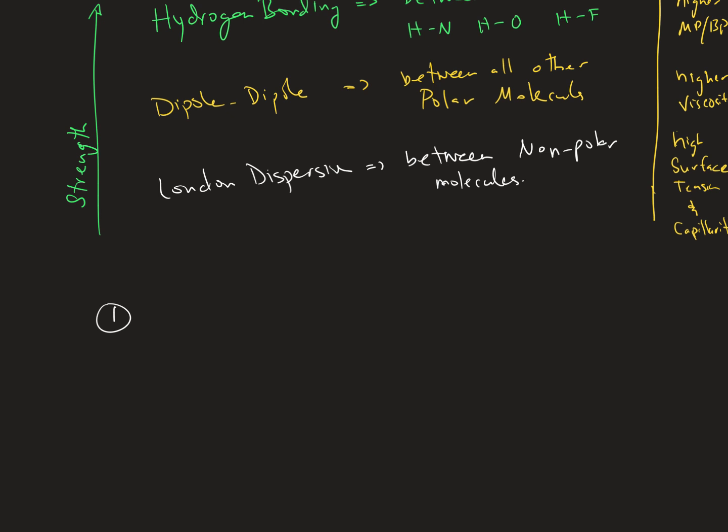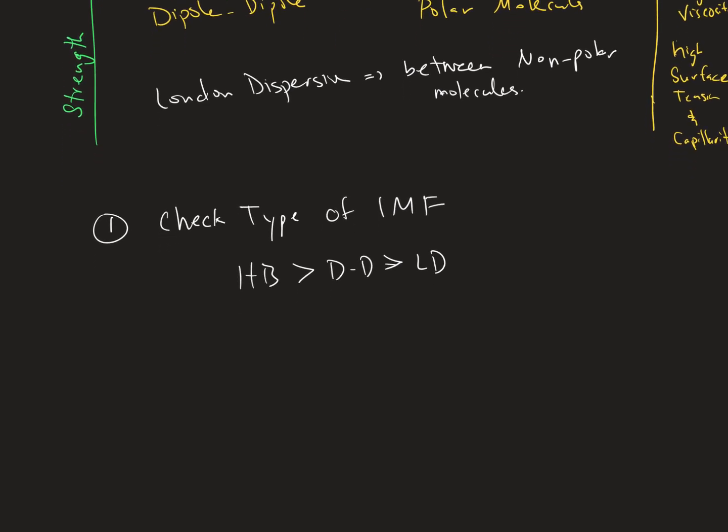Okay. So first thing we do is we check the type of intermolecular force. And then for all of these properties, hydrogen bonding is greater than dipole-dipole, which is greater than London dispersion. If they have the same intermolecular force,